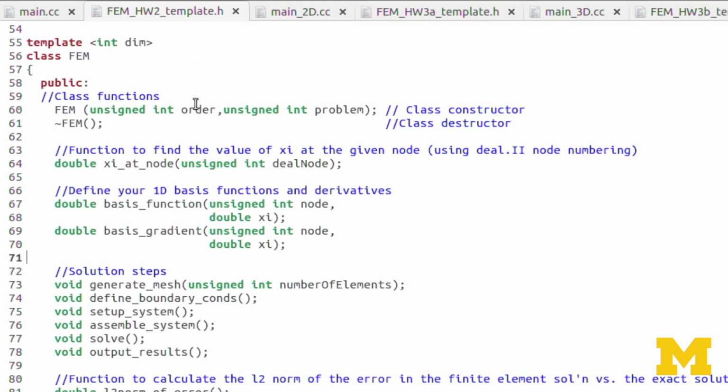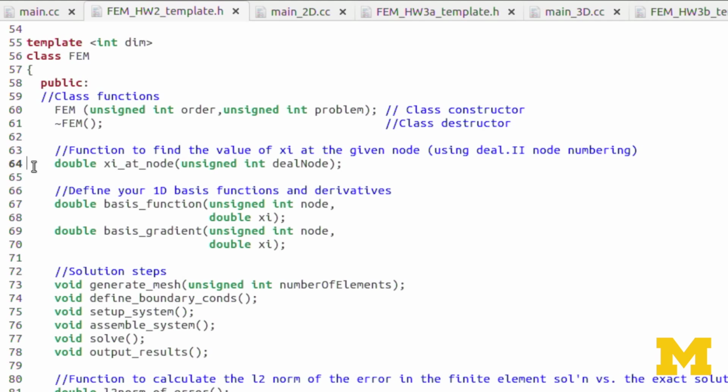We have as an input the order of the Lagrangian basis functions. Again, that's 1, 2, or 3. For this homework assignment, of course, it could go higher if you chose. And then the problem, again, that's part 1 or part 2. Here we also have a class destructor. No inputs to it, but you will see that there is something going on in the destructor.